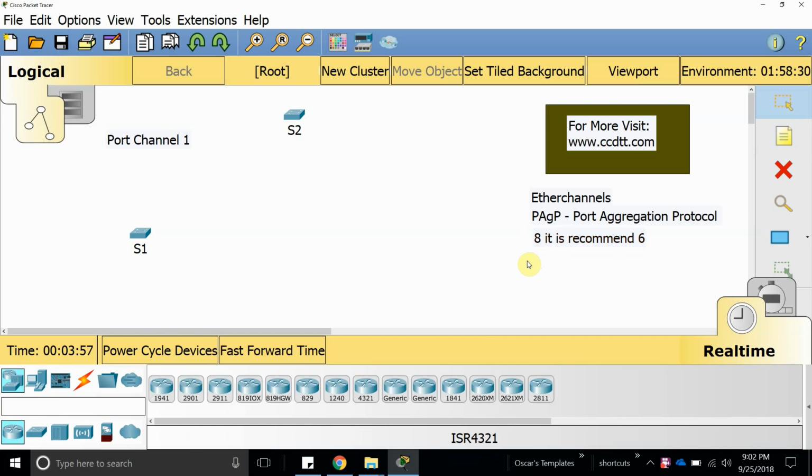We are going to start with the first one, which is PAgP, which is port aggregation. It was also a Cisco technology, developed by Cisco, and is the older one. And the newer one is LACP, which we're going to configure in the next video. So let's go ahead and start configuring what I mean by combining multiple